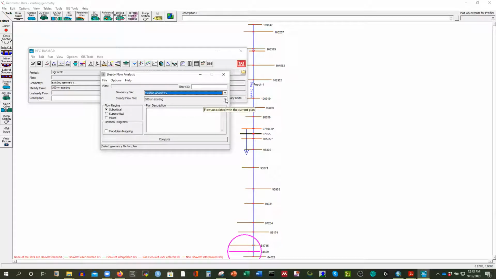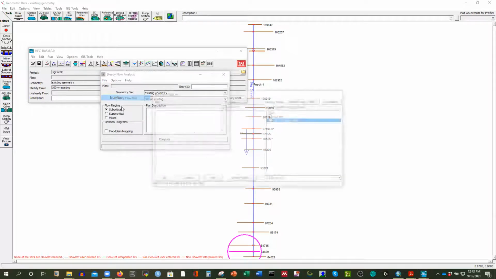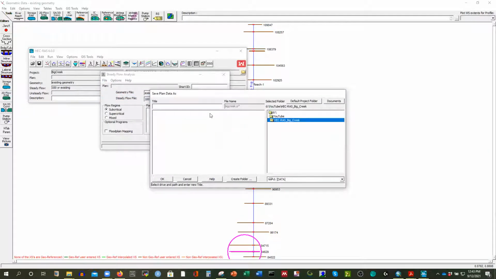So in the next step, I'll change the downstream boundary condition, but this time I only increase the flow rate by 25% and 50%, and I'm going to select only one, right? The existing steady flow, we have the data we just saved there. And if I want to save the plan, what I have to do, I have to write existing, right? Okay, existing 100-year